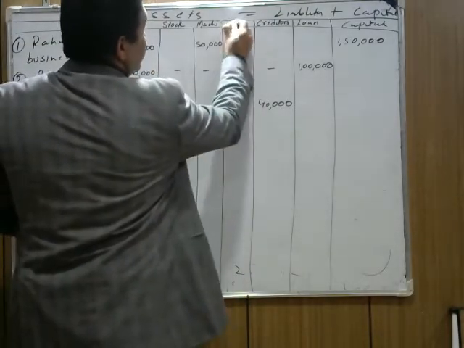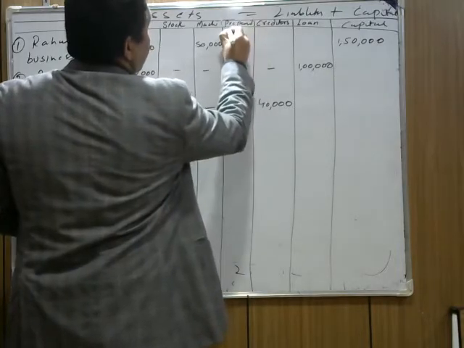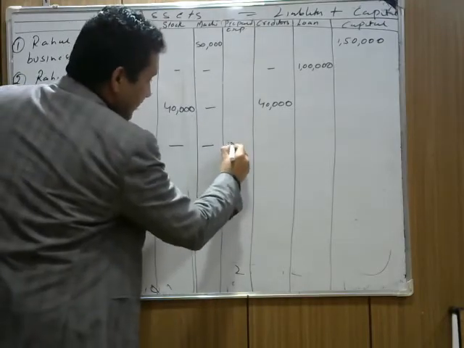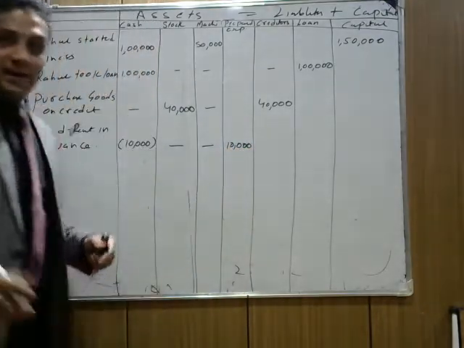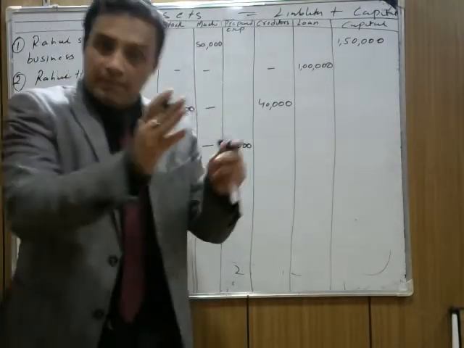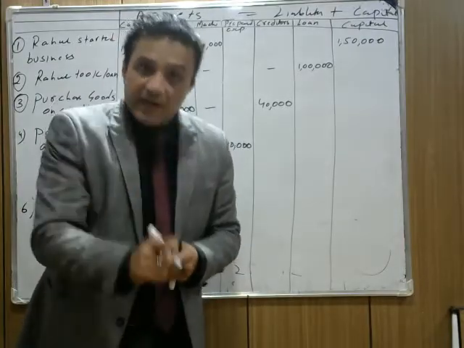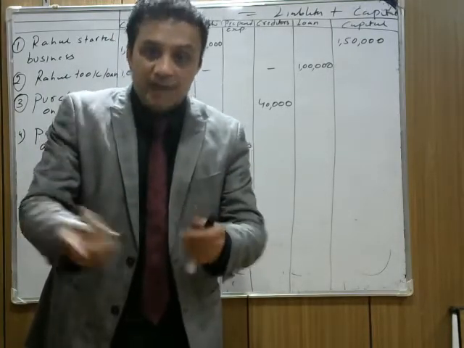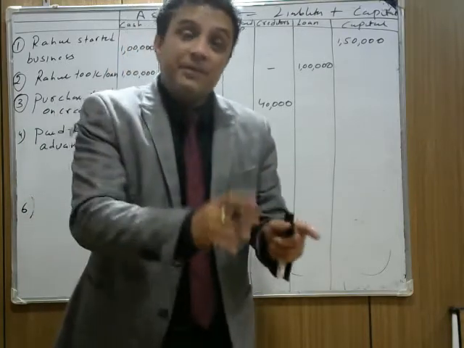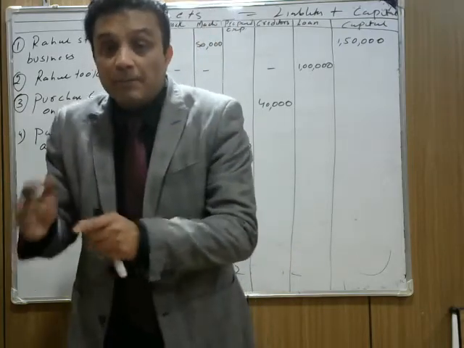Here we write prepaid expenses. How much you prepaid? 10,000. Now check. Your asset is decreasing, but your asset also increases because this rent you paid in advance. Any expense we paid in advance becomes prepaid. Any liability we have not paid till now, we call outstanding. We call it outstanding क्योंकि हमने pay नहीं किया है.